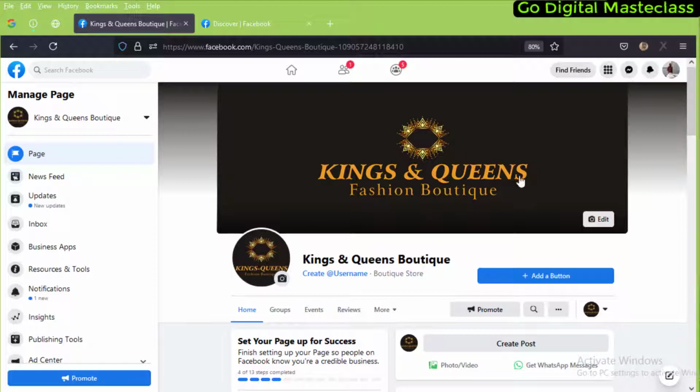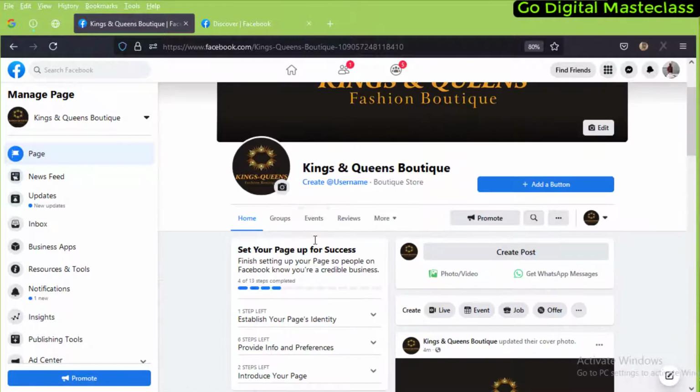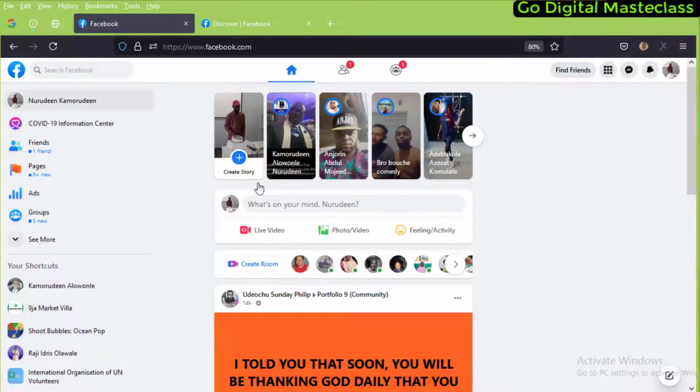So what we're looking at now is, firstly, we are going to change the way our page appears, because this is the default settings. So all you need to do is, once you are on the page, how do you locate the page? Maybe when next you want to come on board, or you want to visit the page again and again. All you need to do is, once you log on to your Facebook on your computer, then